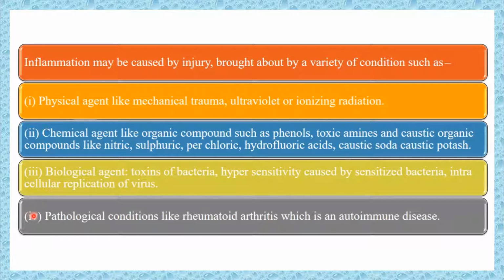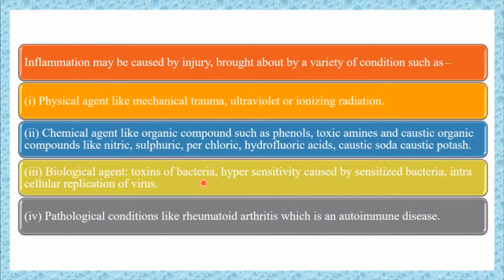Then the fourth one is pathological condition like rheumatoid arthritis, which is an autoimmune disease. So this is one of the autoimmune diseases, that is rheumatoid arthritis. Rheumatoid arthritis is also responsible for inflammation. So these are the four factors